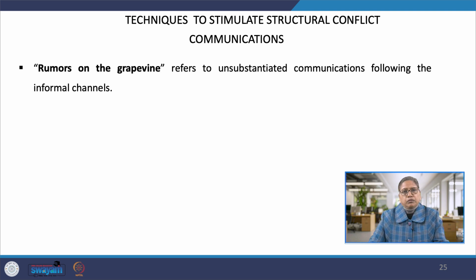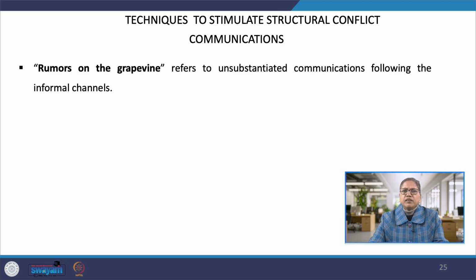For example, during a period when the organization has to reduce the staff strength by offering VRS. The term VRS stands for voluntary retirement scheme, which is a negative message. The goal of the organization is to reduce the staff strength. The message can also be passed through an informal communication channel, like who can manipulate or who can help pass on the message so that the objective of the organization is met.